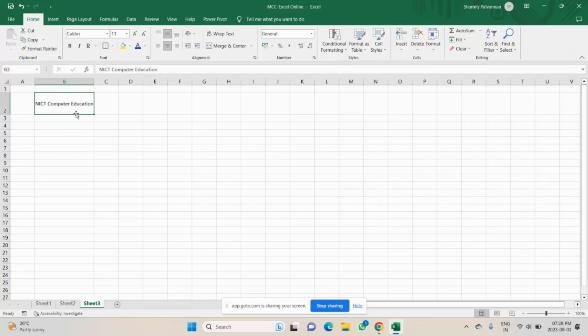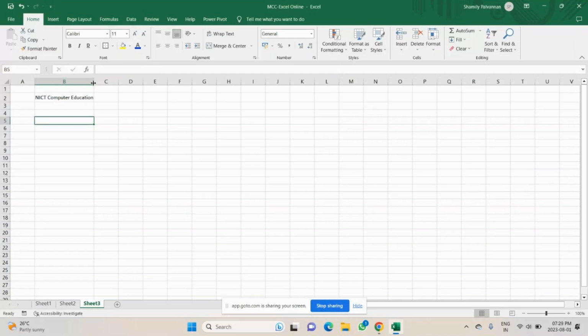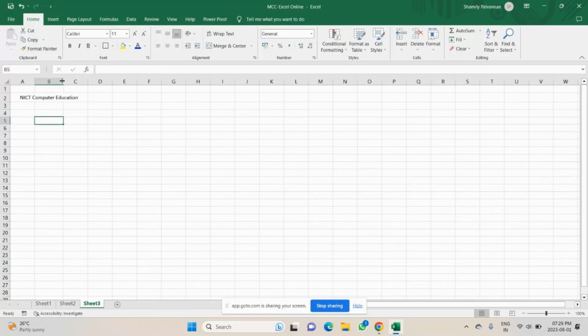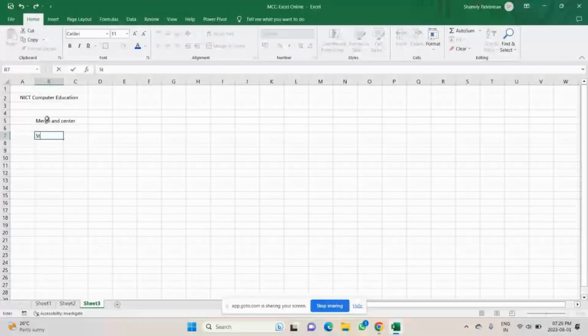I'll adjust this. Now what I want to do is, we will see something called merge and center. I'll put it in this place. For this, I'll take the help of an example: I'll be creating a marks card, some scorecard I'm creating for the students. So I have student A, student B,